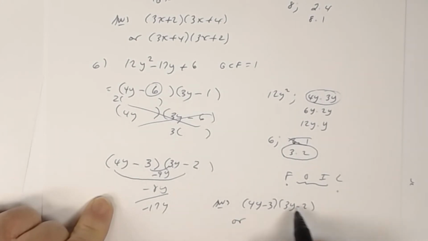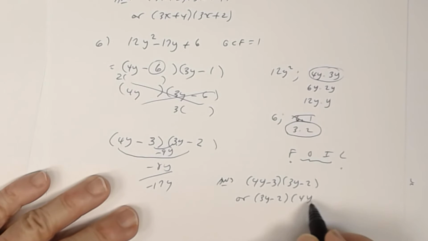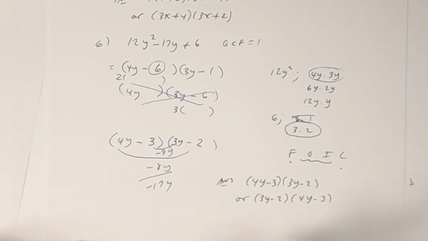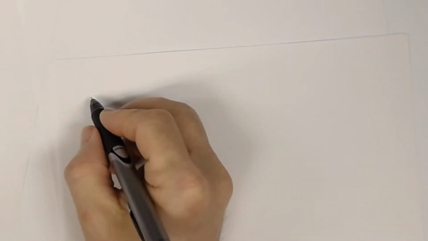Or if you wanted to, you could have put 3y minus 2 first: 3y minus 2 times 4y minus 3. Does not matter. Okay, let's look at number 7. Number 7, we have